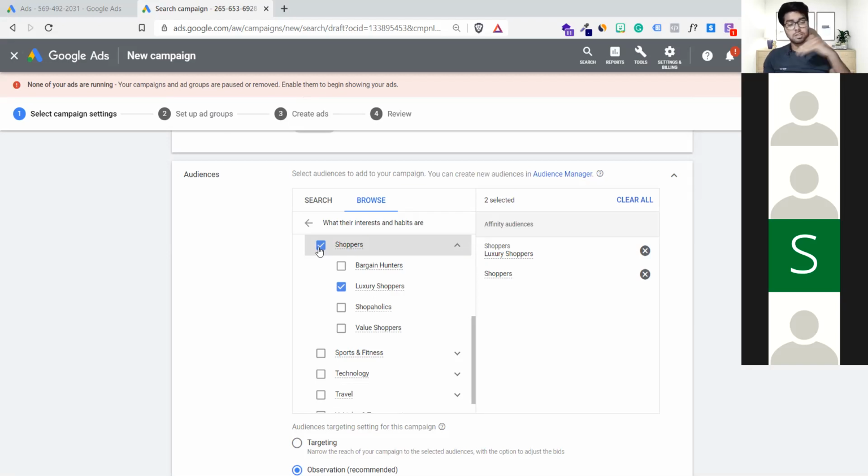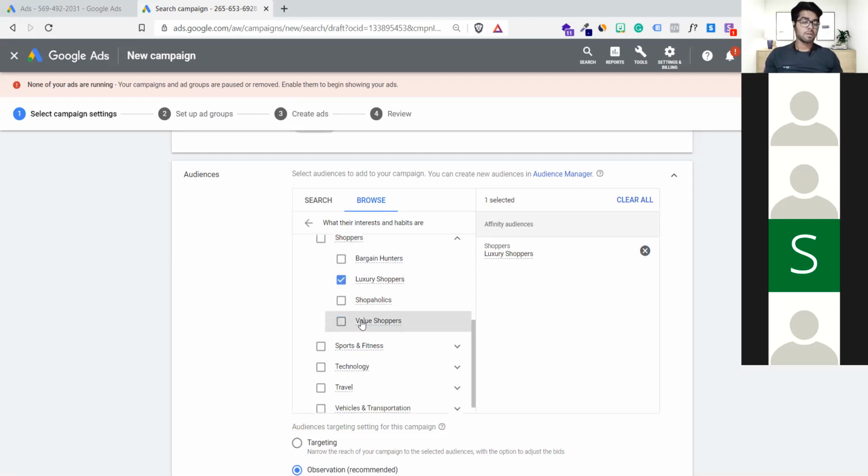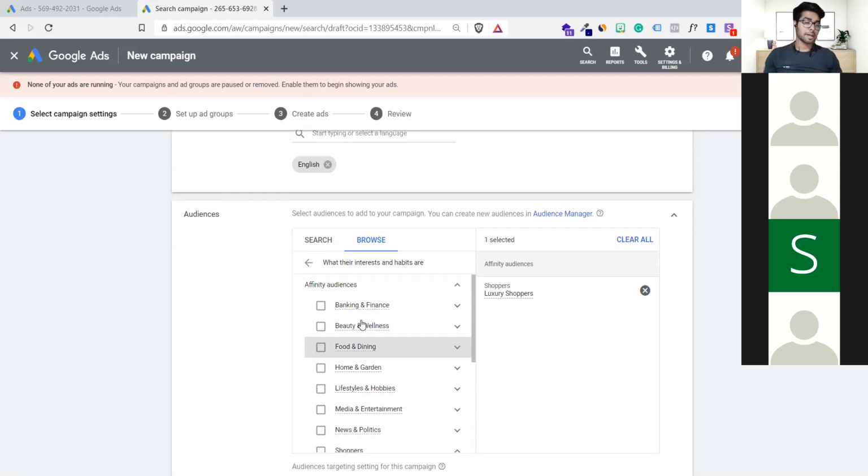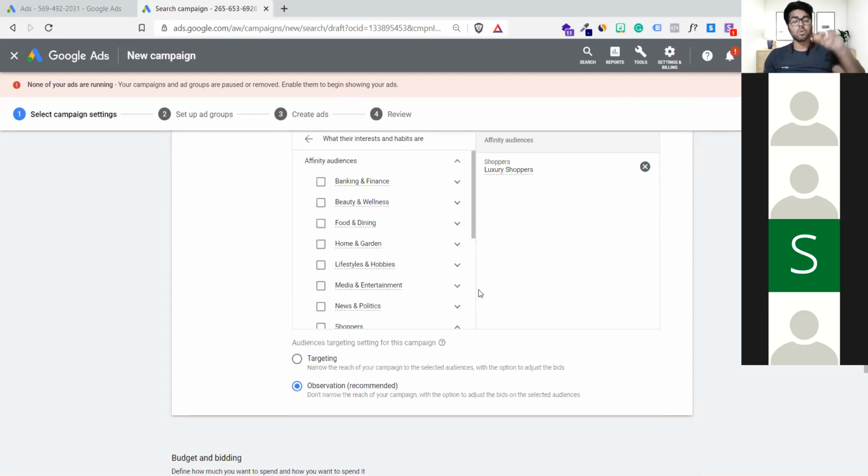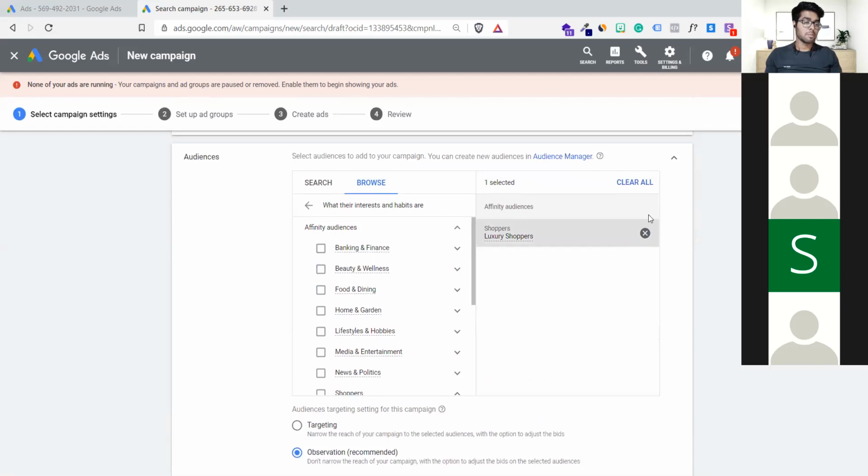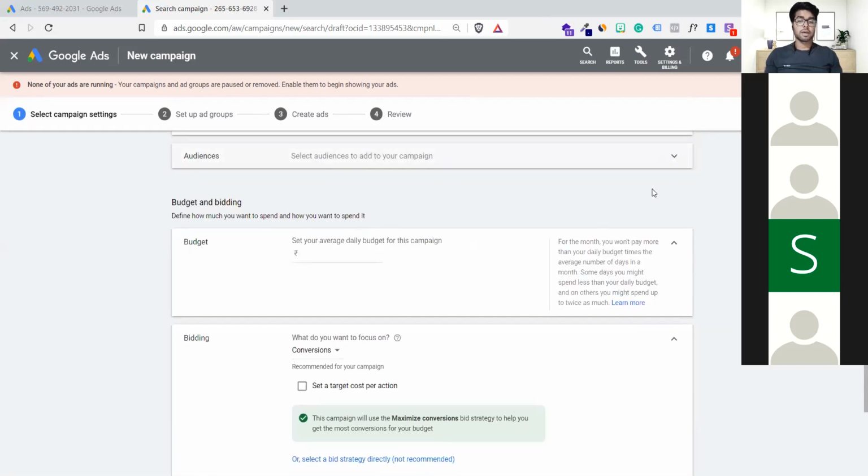But as of now, in a search campaign, I will not select this. I'm not going to use audience targeting because it's something that Google AI will handle. But why depend on Google if you know how to super laser target your audiences? Okay, we'll see in a moment. I'm going to clear it and not use it as of now. Okay, I'm going to leave it.